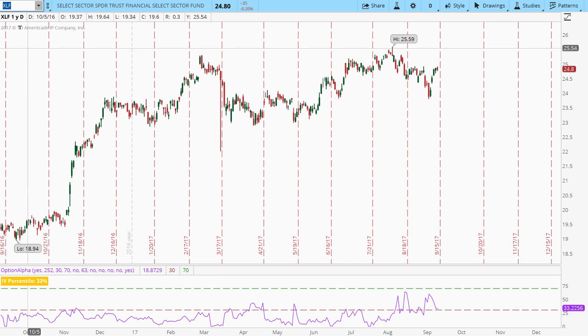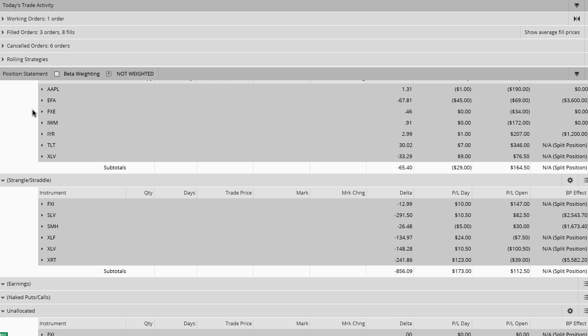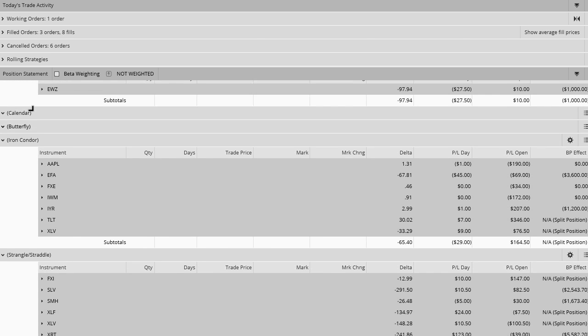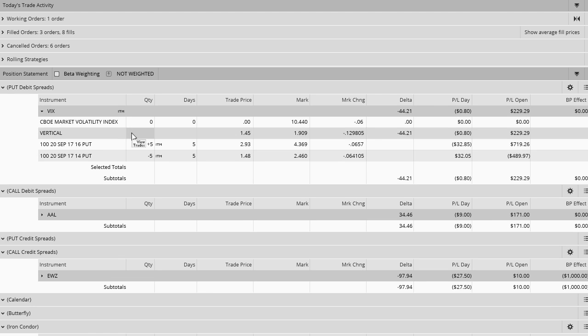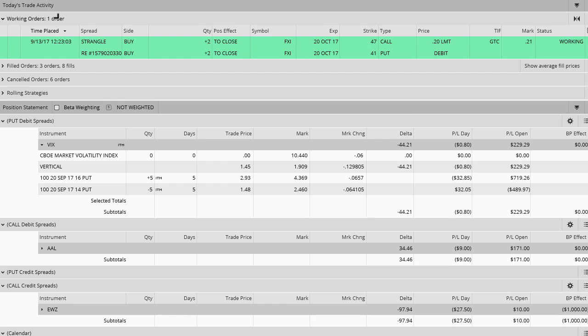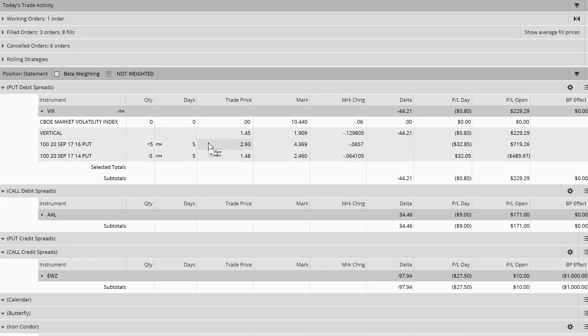Again, as far as other positions that are left in the portfolio right now, I think the only one for September that we have right now is our VIX position. It's pretty much at full profit. Now I had a working order in there. I think it got canceled, so I'll put it back in tomorrow, but I had a working order in there for like 195. This thing should trade pretty close to 195 tomorrow, and so we could probably get another 20 or 30 bucks out of it as far as potential profit.